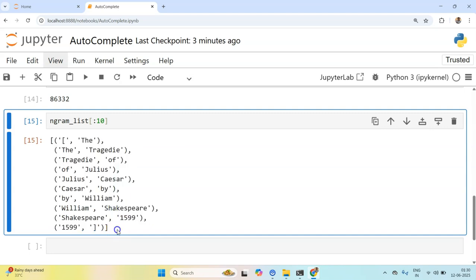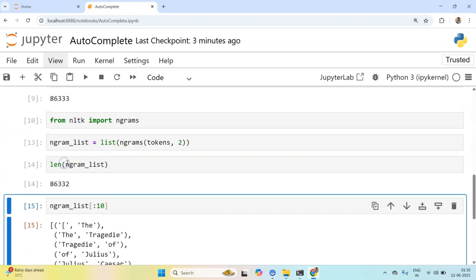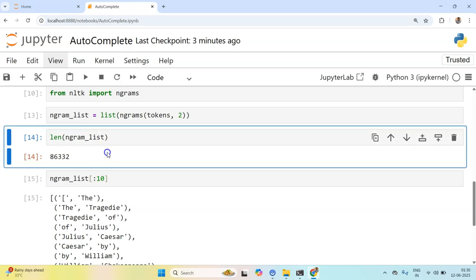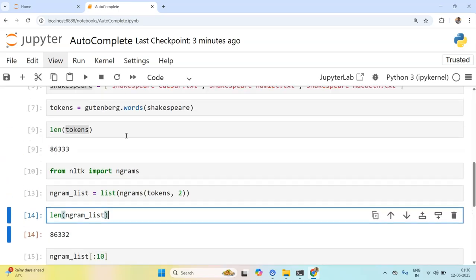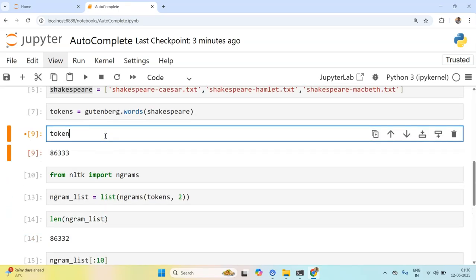One more process could be to remove these kinds of brackets, and I think it would also help clean the tokens a bit. Let's clean it. So for t in tokens, if t.isalpha, let's see what we get.